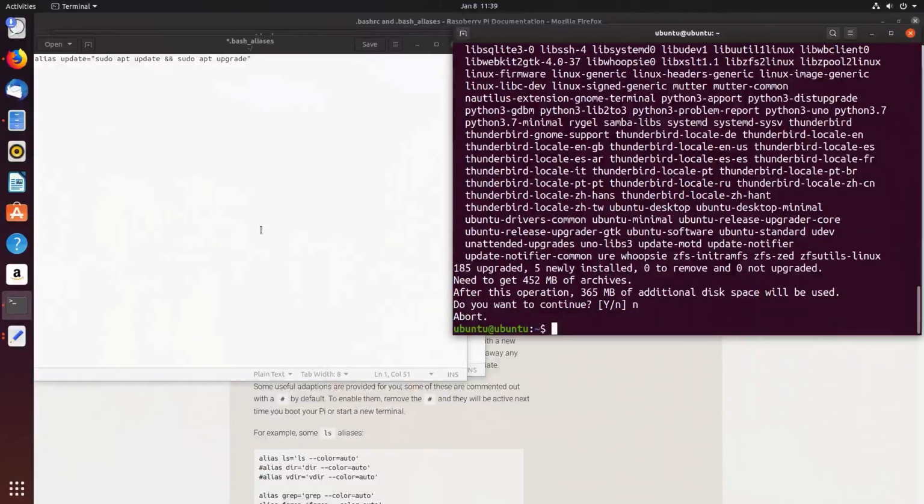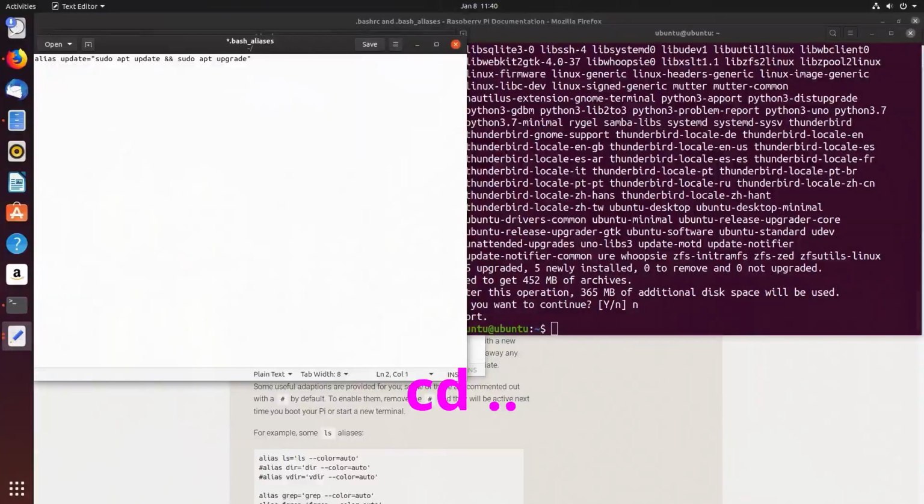Another alias I like to use is a shortcut for going back to a parent directory. It's a command that we all do all the time, cd space two dots, and I usually like to shorten it to two dots. So to do that, we type alias, two dots, equals, open quotation marks, cd two dots, and close quotation marks. We will save that again,